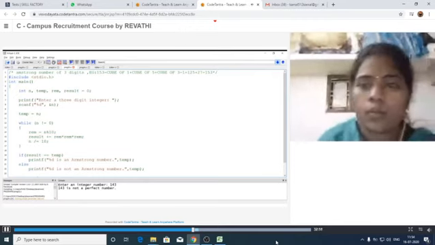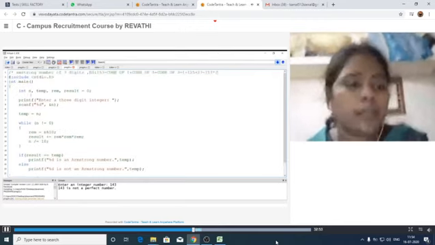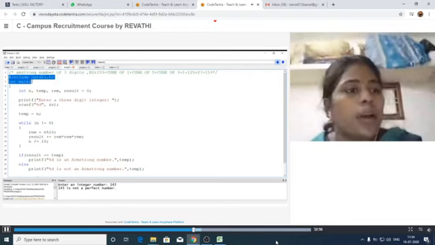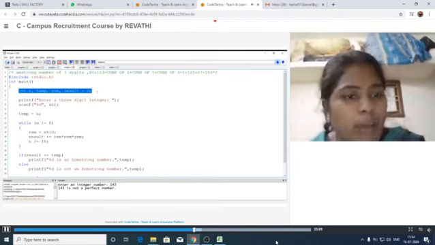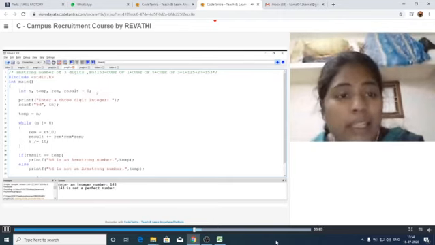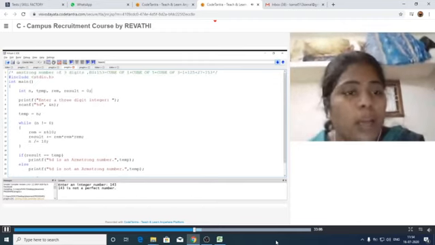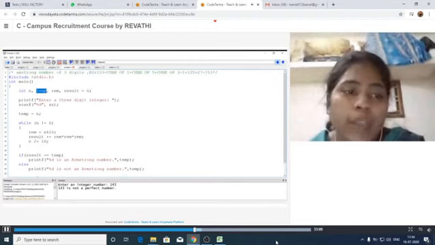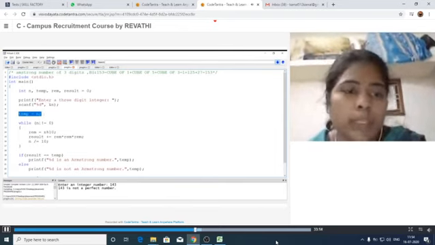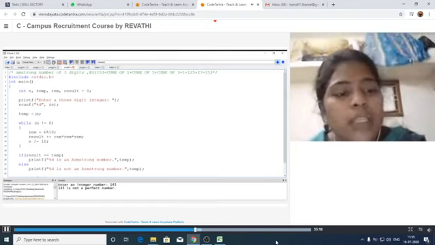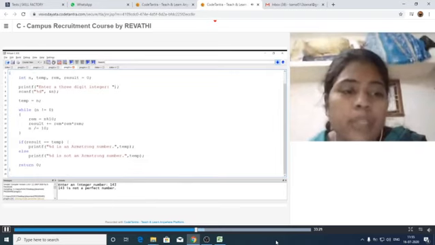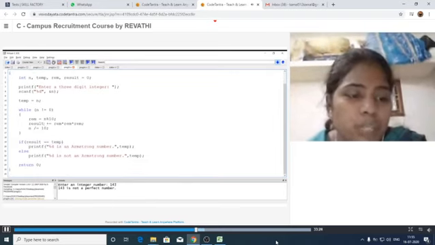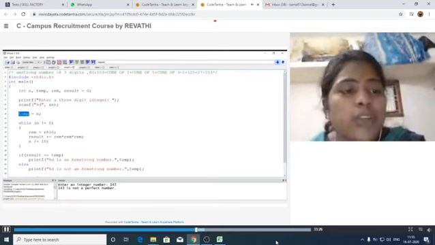Okay. Now let us see. As usual, here we are writing header files and main function, then we are declaring the variables. It is like the palindrome. What is the palindrome condition? First we have to store the given number in one temporary variable. Here also we have to store it the same way, because whenever we are modifying, our n value decreases to 0. That means at the last we have to check the given number with the resultant number. That's why we are storing this into the temporary variable here.